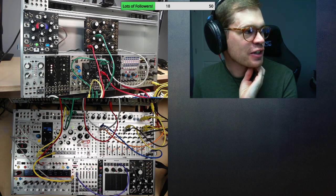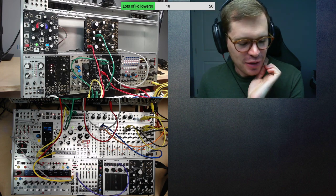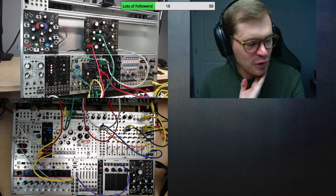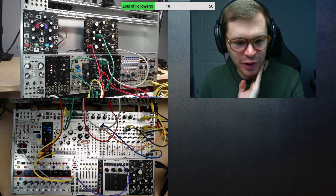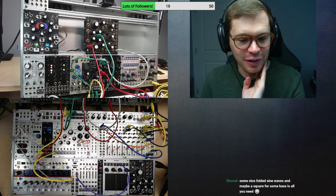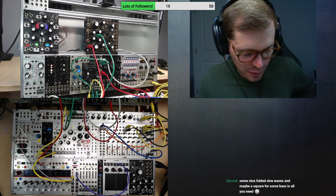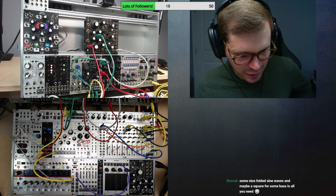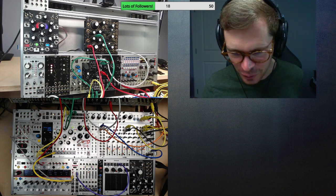Which algorithm do I use to generate? Yes, the Acid 3.4 won't do that. Yes, that must be what it is. See, I've done most of my work on the vector sequencer on the previous firmware version. So now that we're talking the latest one, which has that Acid 3.4 generator, this is what Jazora was saying on YouTube. I'm not used to that, but yeah, good to know. I will start using that one instead because I don't like when it overwrites all the changes that I've made to length and stuff like that. I just want like pitch, gate, maybe velocity. I'm not really using that here, but